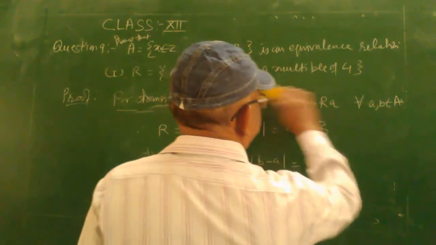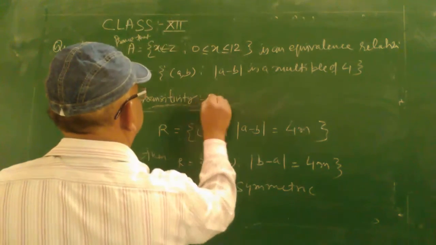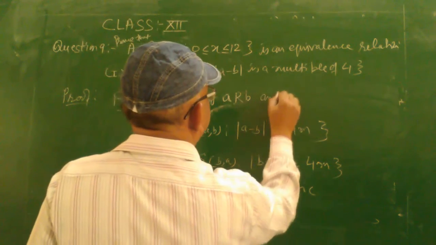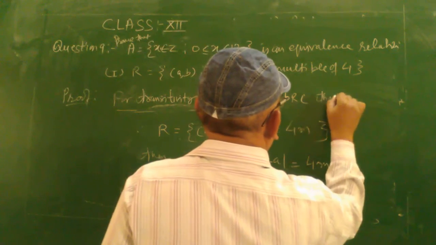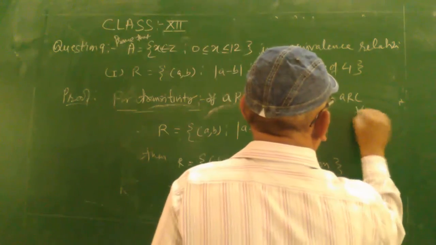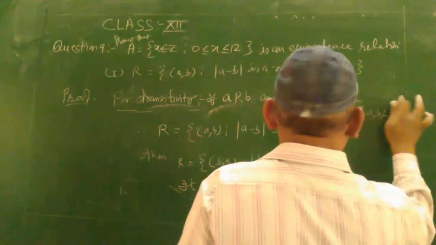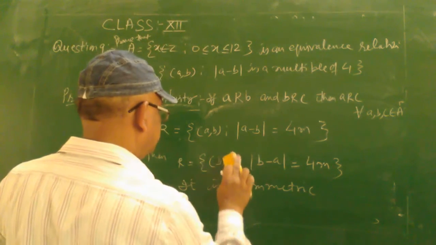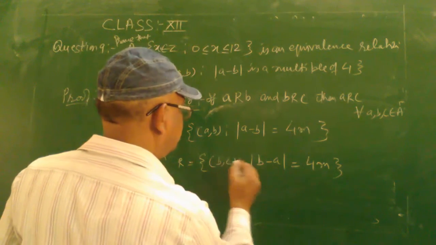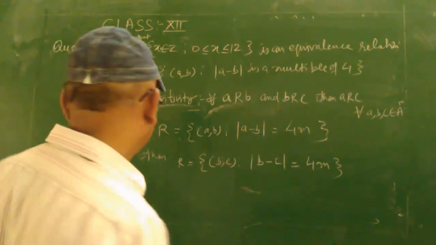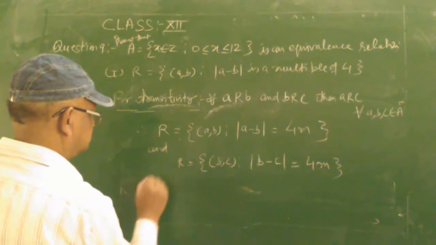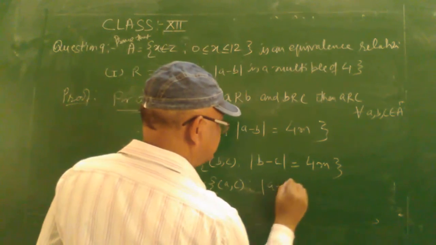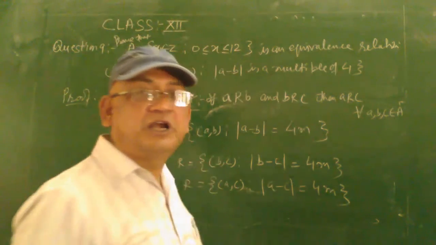So in the similar manner you will write if A related to B and B related to C, then A related to C for all a, b, c belonging to the set A. So the same procedure, (a, b), that is a minus b, that is 4m, then you will write (b, c), b minus c, that is 4m, a multiple of 4, then R is equal to (a, c) such that a माइनस सी, ये भी आपके पास 4 का मल्टीपल होगा।